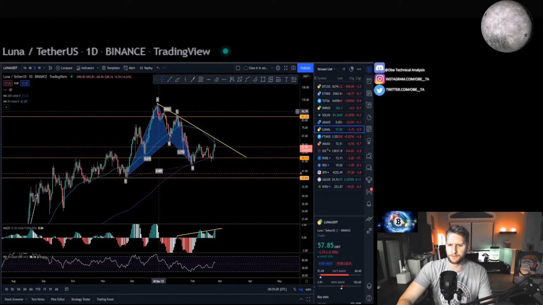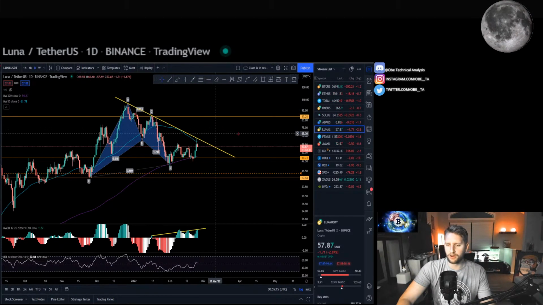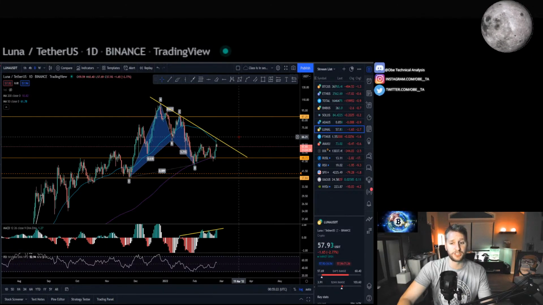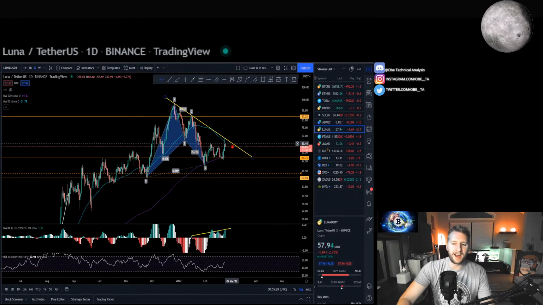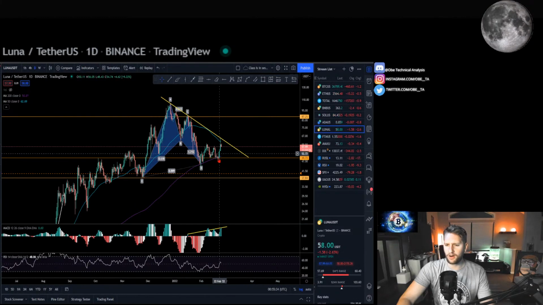Yeah, look at that, too. So this is the third touch of this upper trend line on Luna. You wicked up to it almost perfectly before rejecting back down, right? Testing it as resistance, confirming it as a real resistance trend line. Yeah, it's likely that you come back down to about $50 down here to try and hold the 200 moving